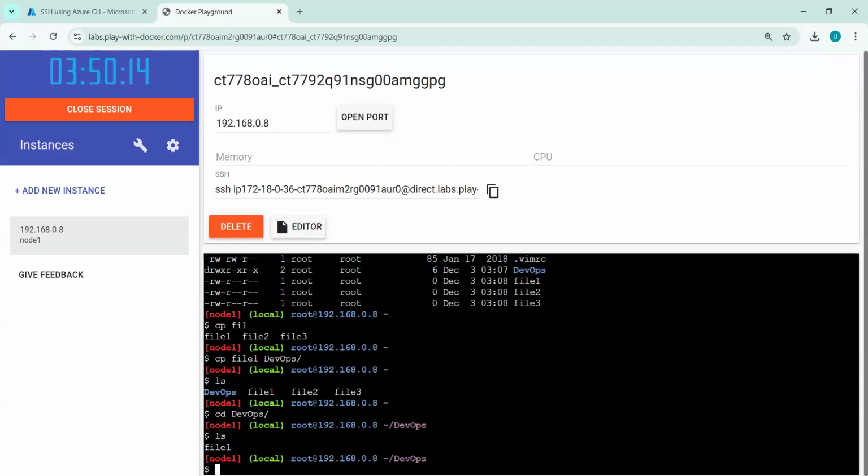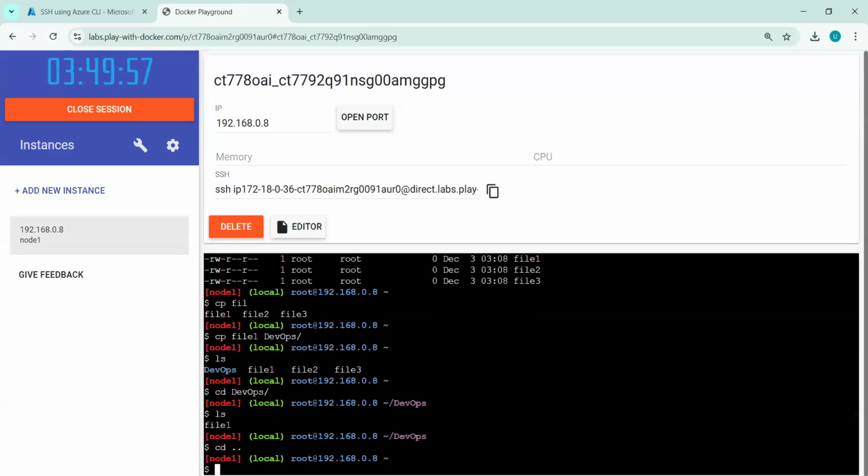So now, let's see, we have a requirement of creating multiple directories at the same time, or like this, we have to create this structure. So how can we do that? If I want to go back to root, I can type cd and 2 dots. Then I will come back to my root. Now you can see I came back to the tilde symbol and I am back to my root location.